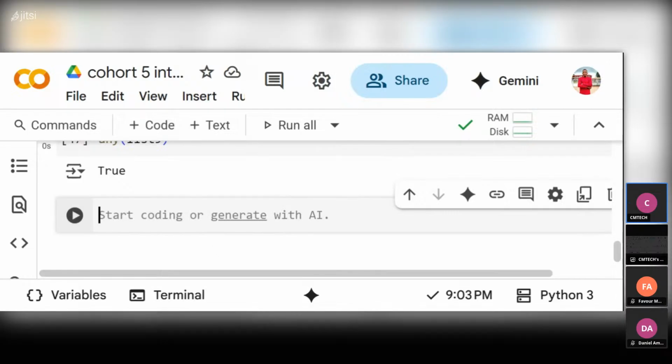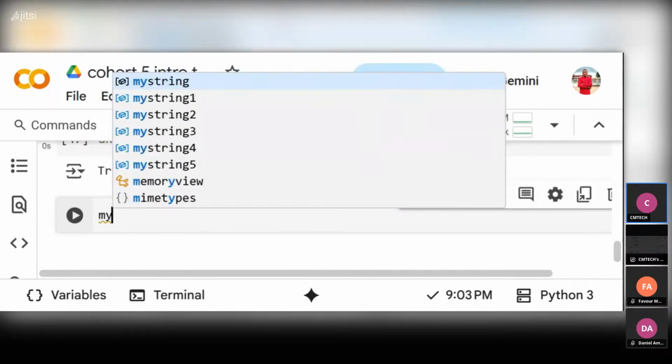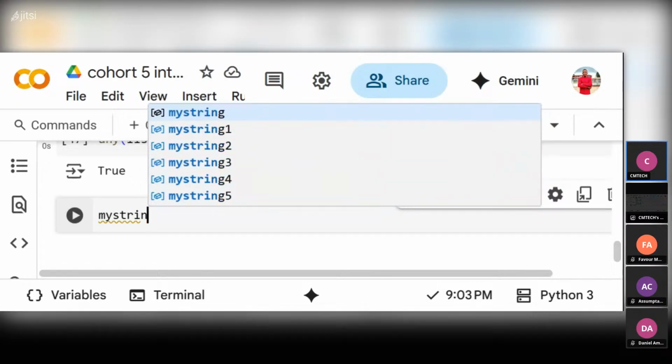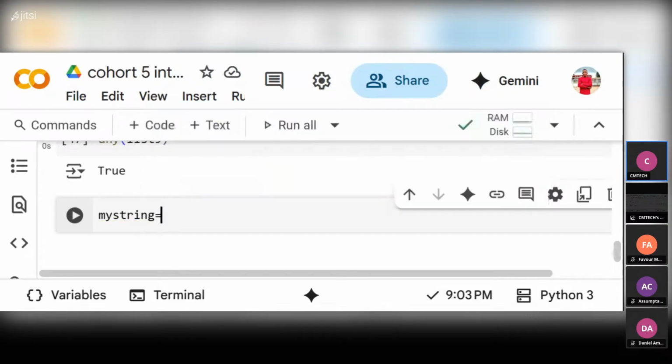So now let's look at this example of list comprehension. Let's create a variable called my list. Okay, let's use my list. Now inside the list, or let's create a string, sorry, my string. Now inside the string,